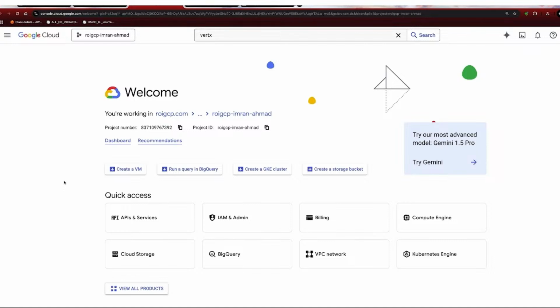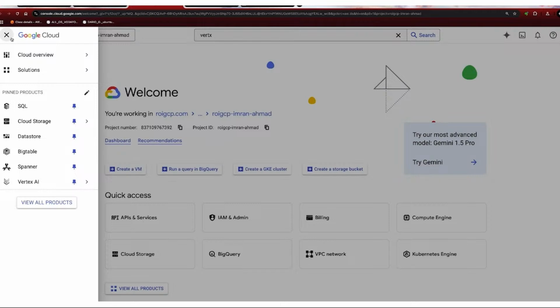I'm looking for VM, but I don't exactly know the name of the service. In that case, on the top left-hand side, you will see what we call the bookshelf. It is right there. Click on the navigation menu, and it will show up here. And from there, if you want to see all the products,